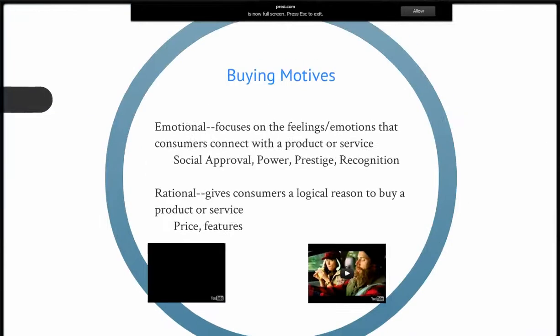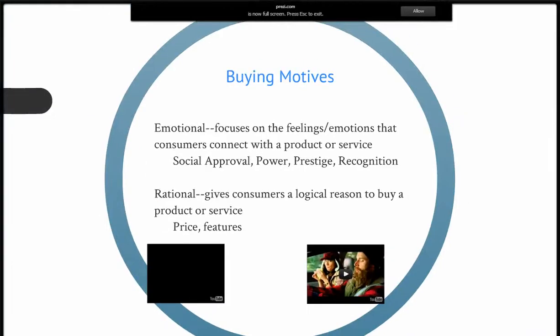Okay, so a very emotional or emotion-provoking ad. So cars are an easy example to use because most of them do appeal to your emotions, or what you're going to get out of by buying that car, but not always. So we'll take a look at a different car commercial that gives a consumer a logical reason to buy a car. Okay, not that a commercial still can't be funny or creative, but they're still kind of driving at your logic rather than just your feelings or emotions. So let's take a look at this commercial here.